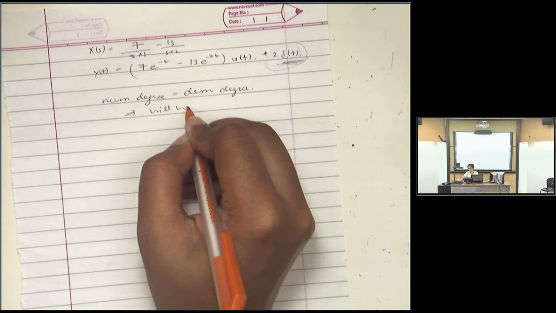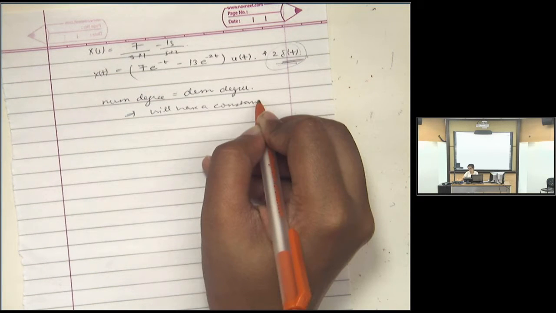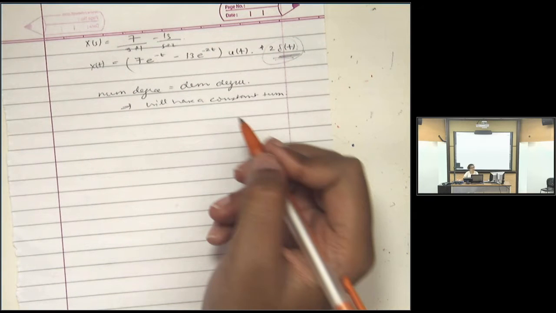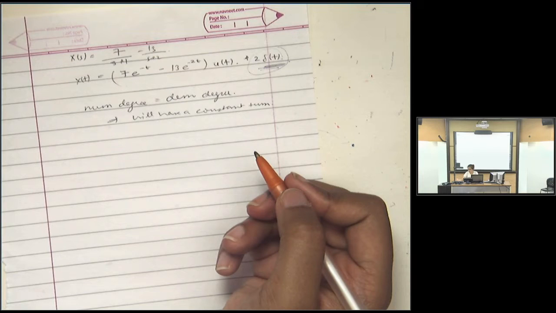To say the degree was like your third power, so would the constant term be 3? No. So here what we've done is